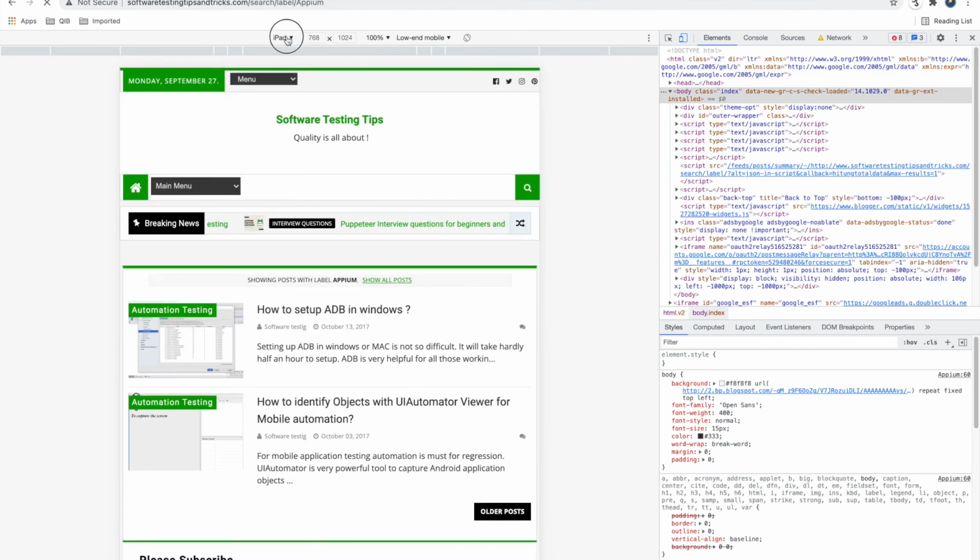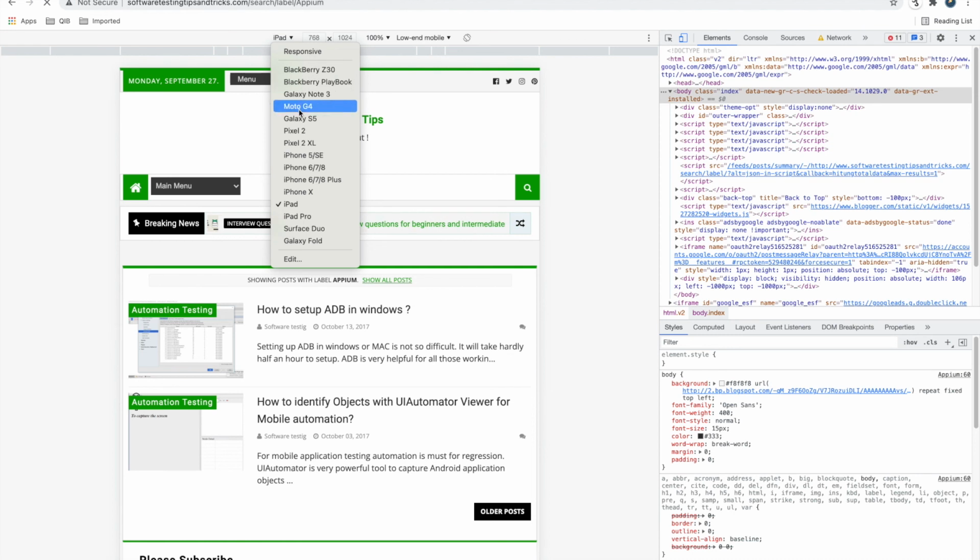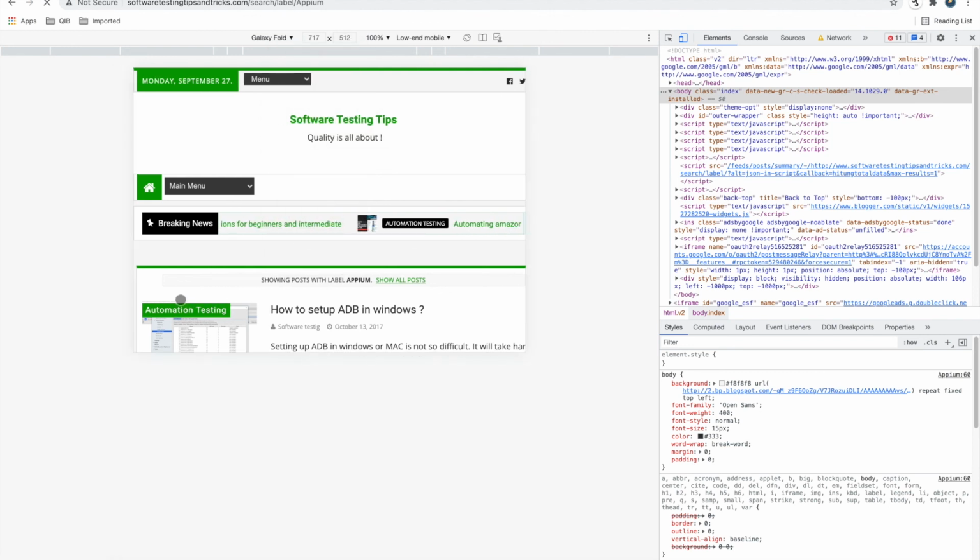Mostly I test on iPad, iPad Pro, and a few Pixel devices and iPhone devices and Galaxy Fold. So it will sum up pretty much the UI thing. You can test all the UI, how it looks on those devices.